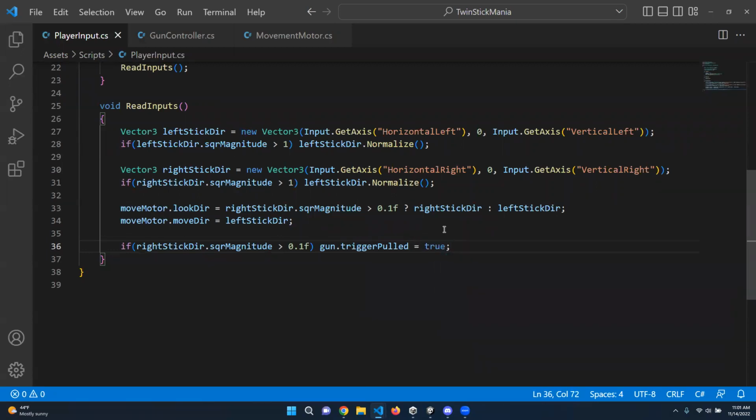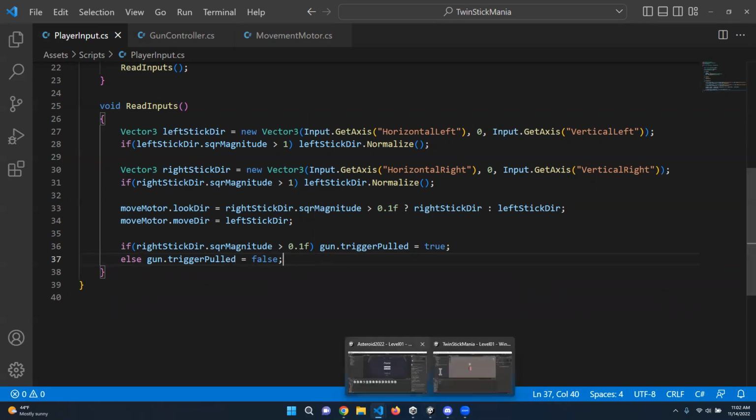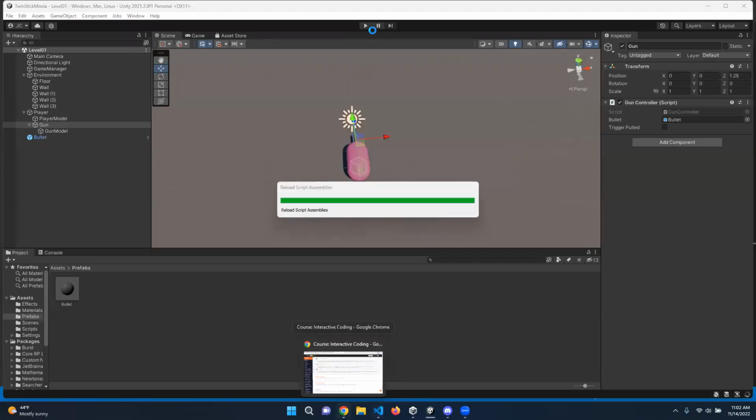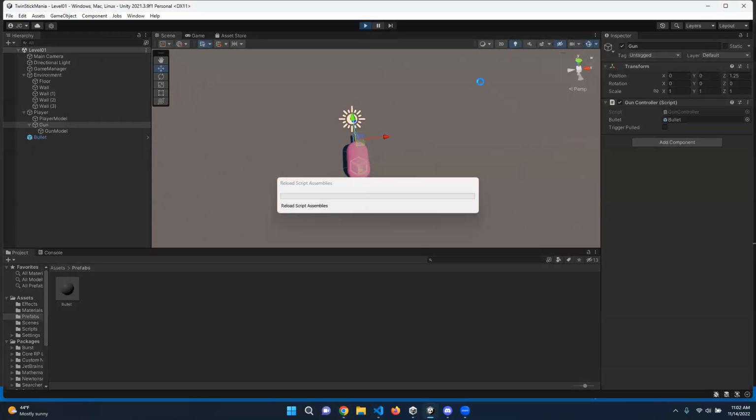Okay. Do need a way of turning it back off. So actually, this is going to make it crash too, now that I think about it. Oh, we'll just do an else real quick. We'll say gun dot trigger pulled will be equal to false. So basically, it's only going to be on when we're pushing. So if we're not pushing at a certain thing, then it's going to go back to off. So that way we have a way of turning it off. This isn't very clean, but you'll get the idea. It's going to make way too many. But we should be instantiating bullets. So go ahead, hit play, and